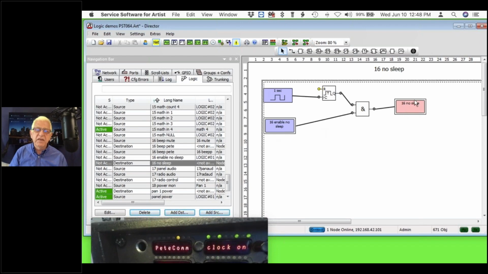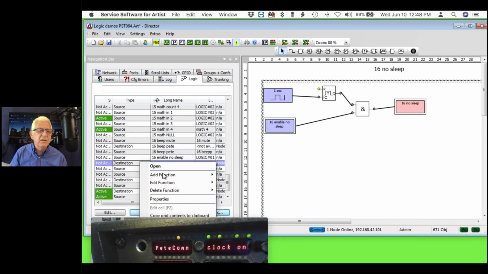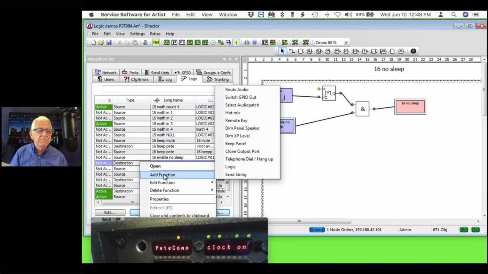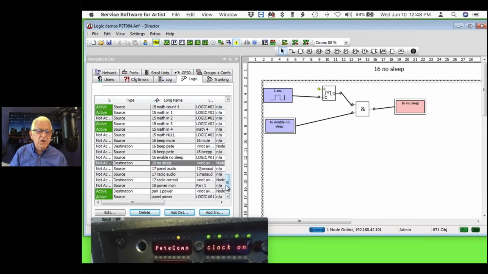Now I can program them over here by right-clicking and going to properties, but I can also do it in this screen right here, do the same thing. So